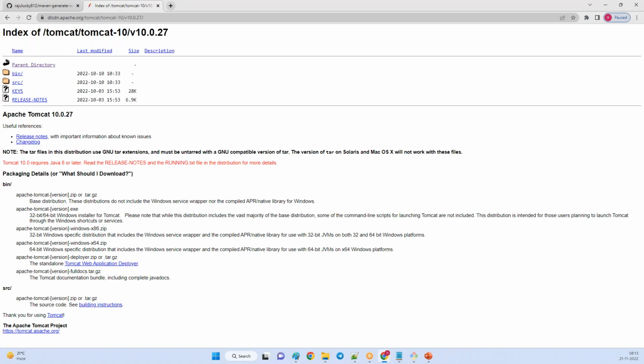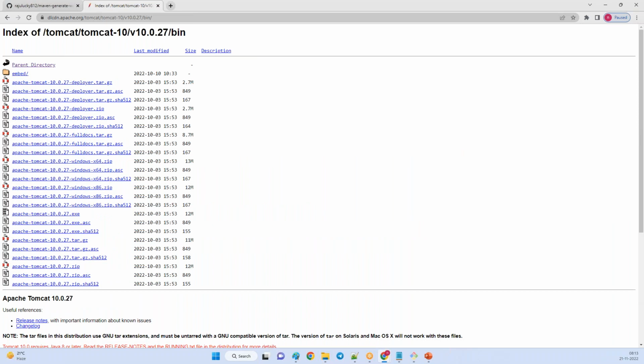Under Tomcat 10, under binary distributions, you have different tar and zip files. Let me take any one. Let's go down. Yes, some 8.7 MB, so this should be fine. The deployer is not required. Since it's Linux, you have to take the tar.gz. This one we can take.